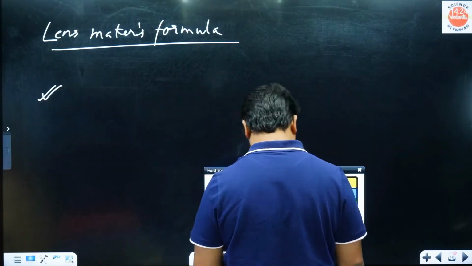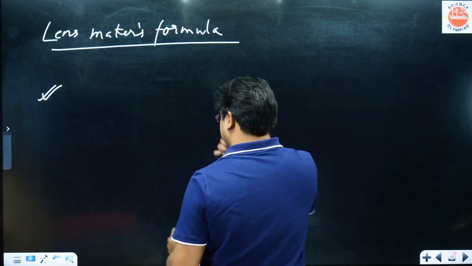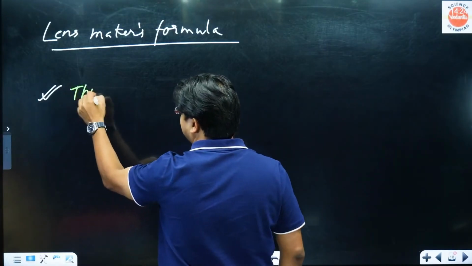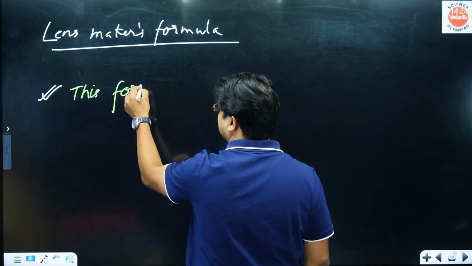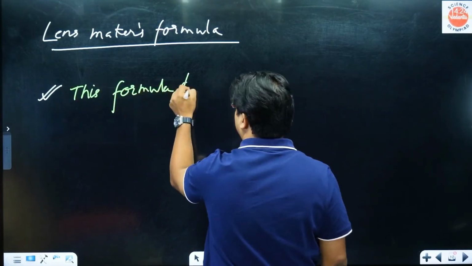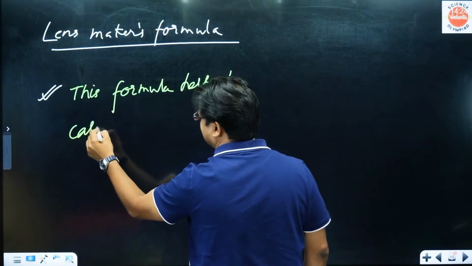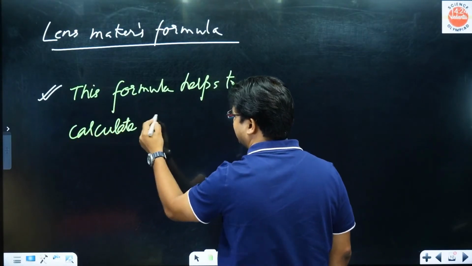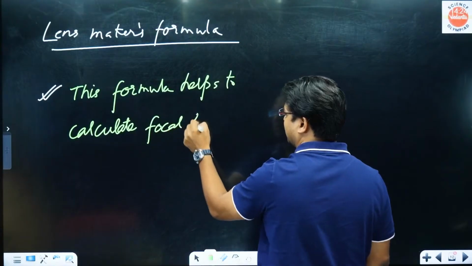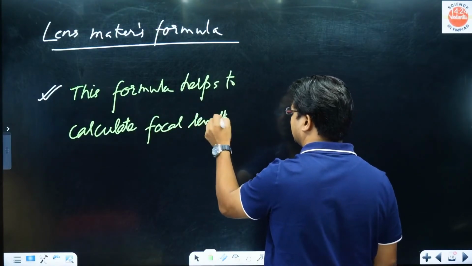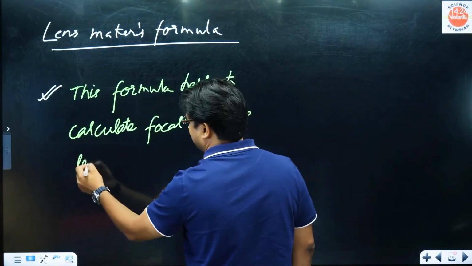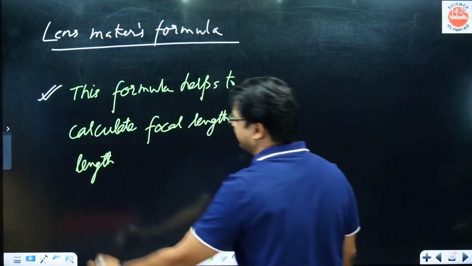So what is the purpose of this formula? Let me write the purpose of this formula. This formula helps to calculate focal length of lens